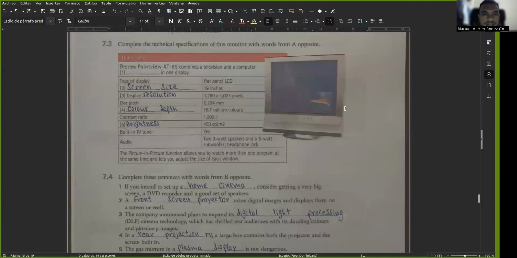Display resolution, 1280 multiplied by 1024 pixels. Dot pitch, 0.294 millimeters. Color depth, 16.7 million colors. Contrast ratio,